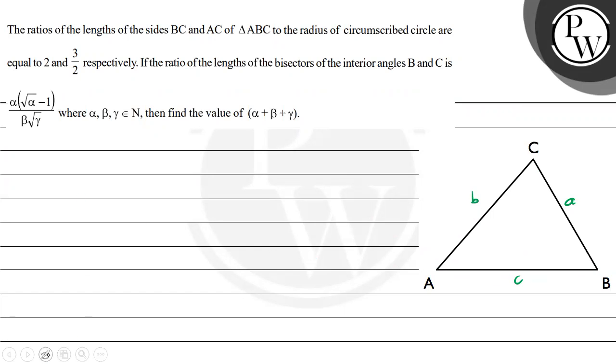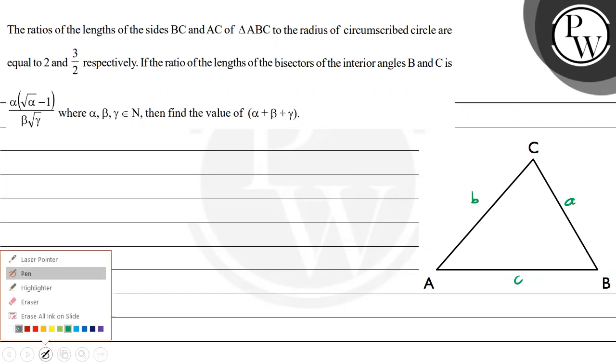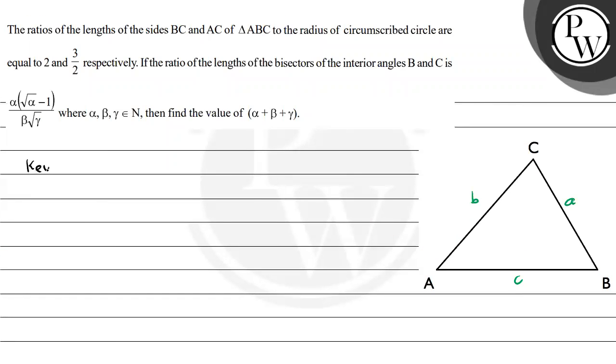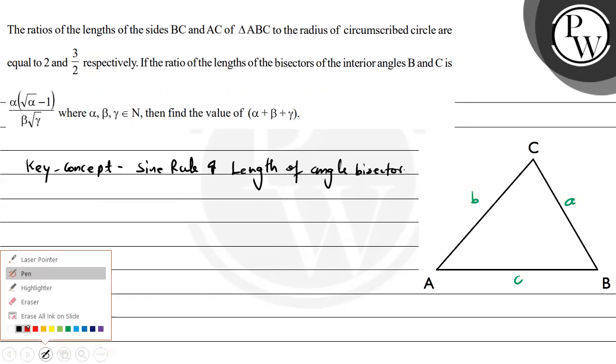Now, the key concepts I'm going to use here: सबसे पहले मैं यहां पर साइन रूल का यूज करने वाला हूं, and along with that I am going to use the length of angle bisector. इन दोनों कॉन्सेप्ट का यूज करके इस क्वेश्चन को सॉल्व करेंगे। ठीक है, चलिए सॉल्व करते हैं।